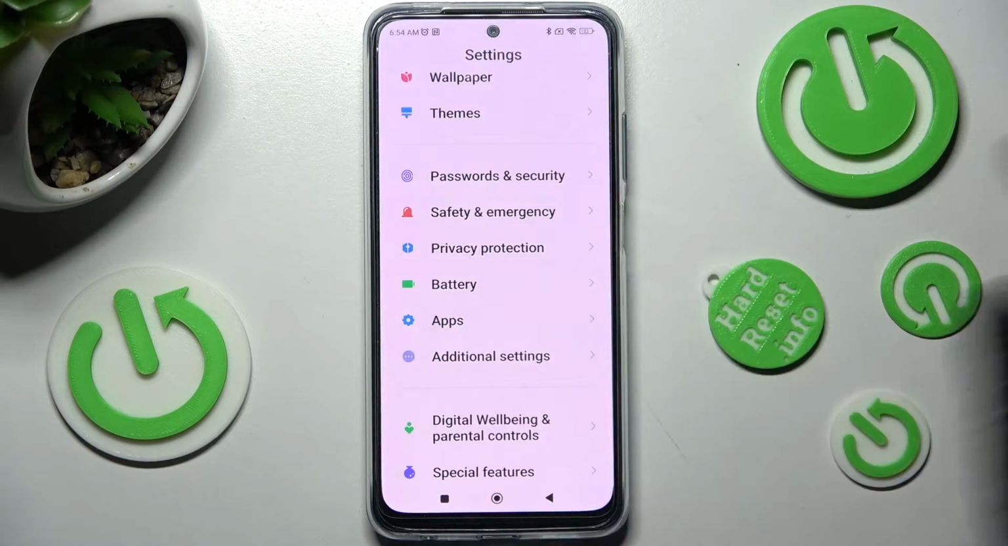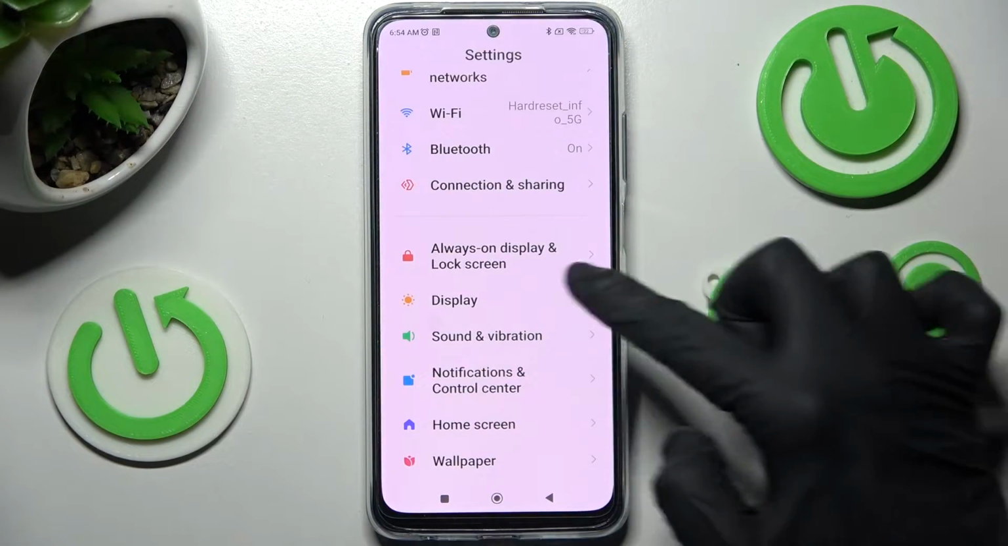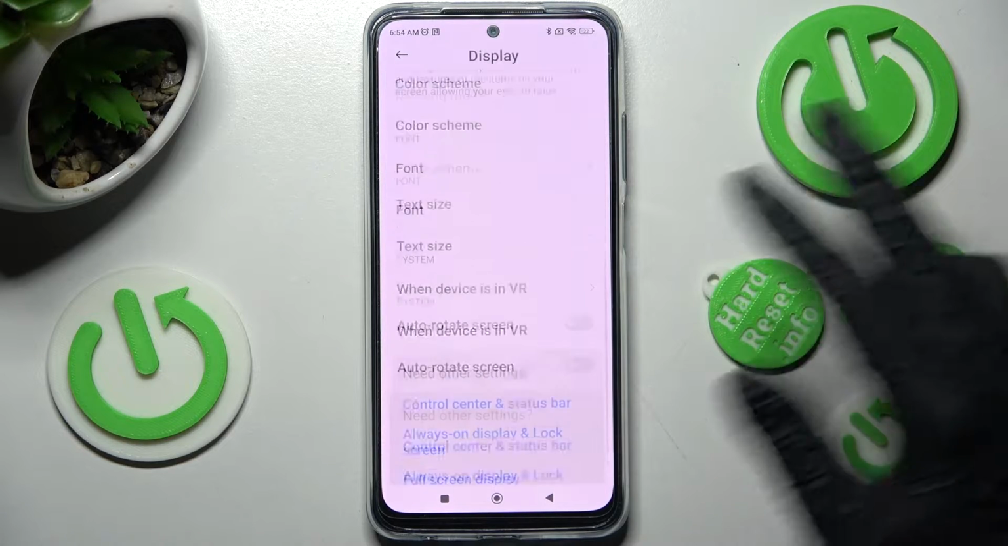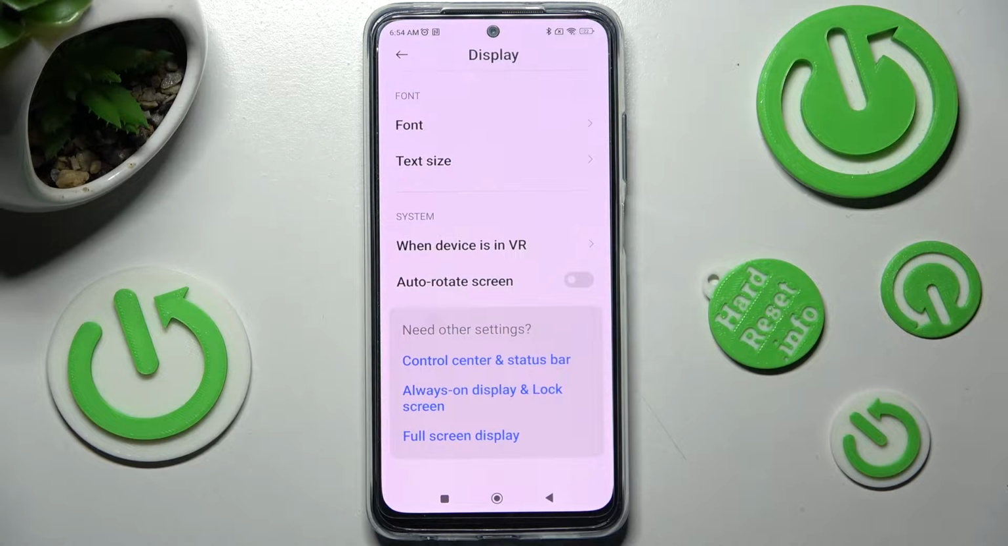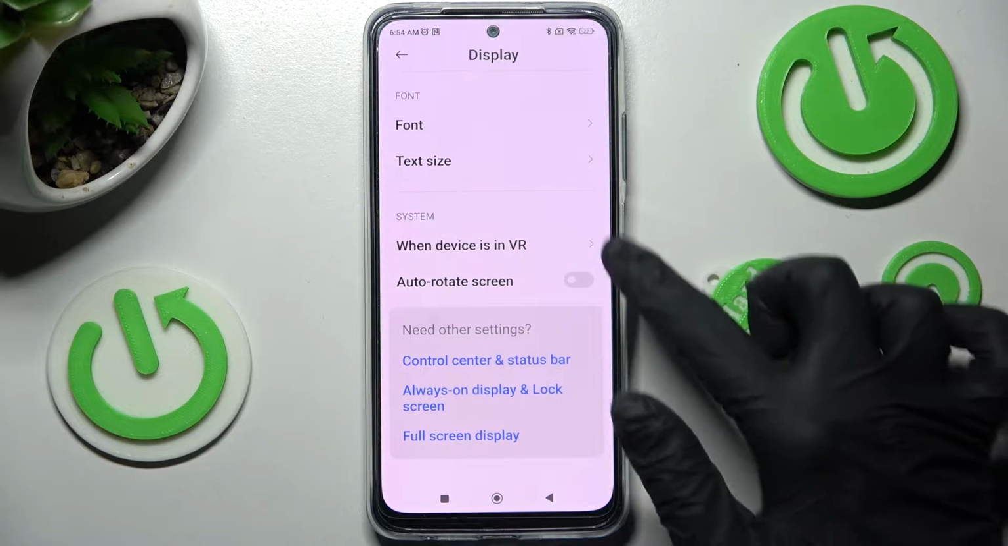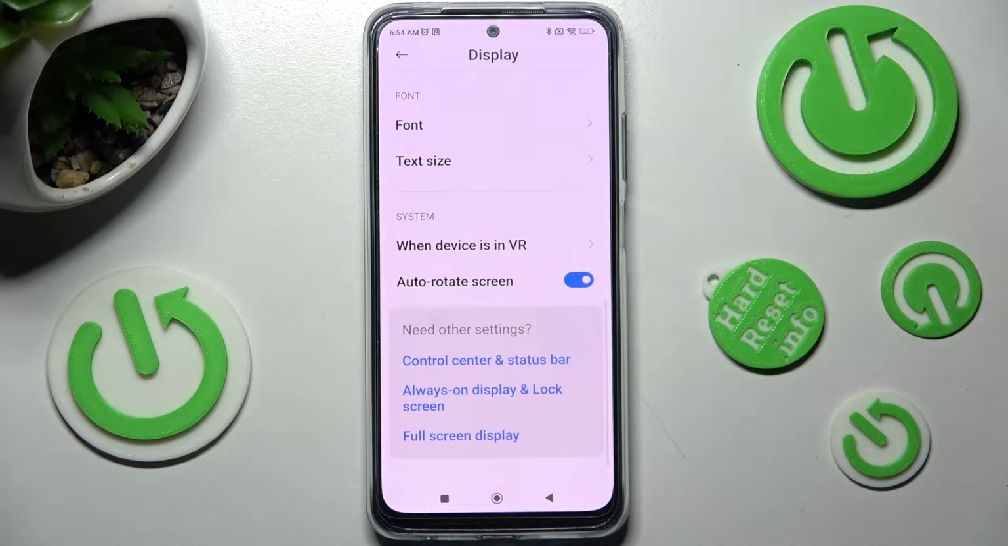Begin by opening Settings and tapping on Display section. In it, scroll all the way down and click on this switcher next to Auto Rotate Screen. If the switcher is blue, that means that auto rotation is enabled, but you can always disable it by tapping